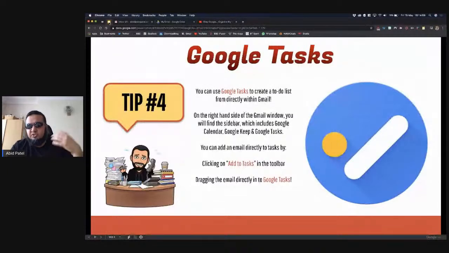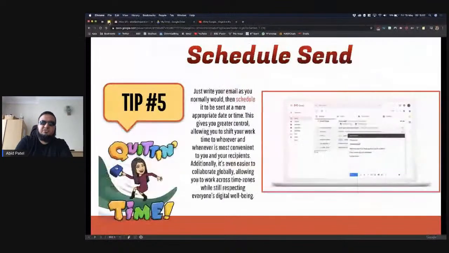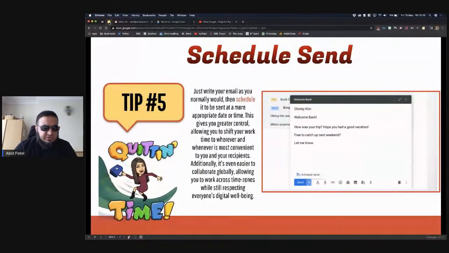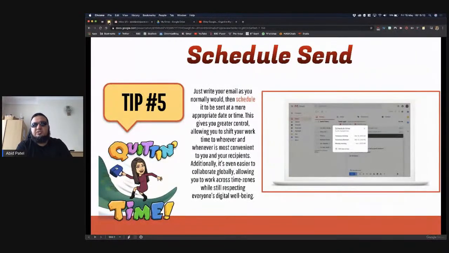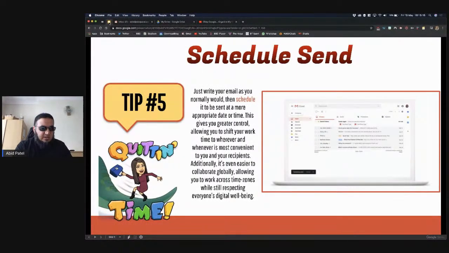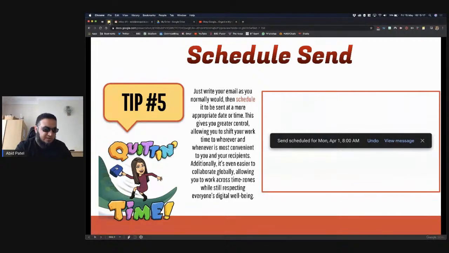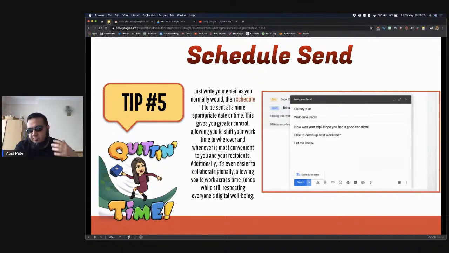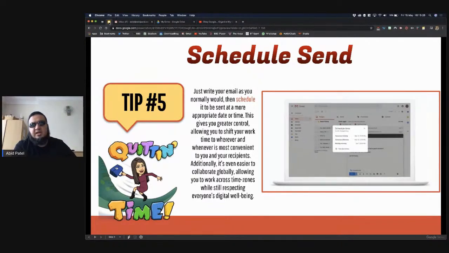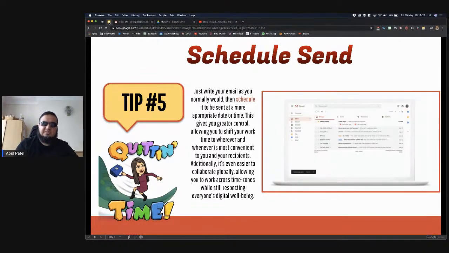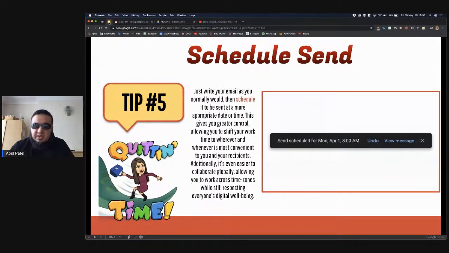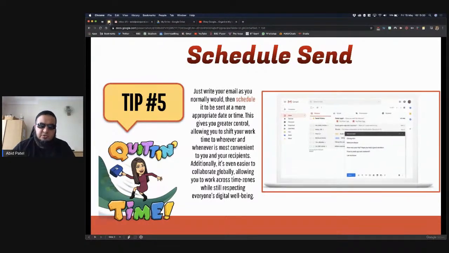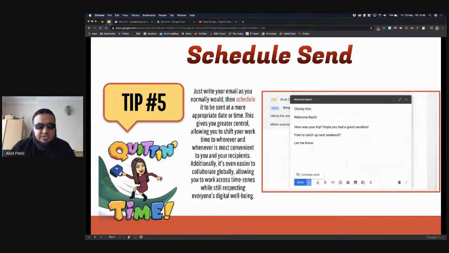Really nice thing to make sure you've got all of your tasks in a nice handy space on the right hand side, so you can see what you need to do pretty much straight away. Next, we've got Schedule Send. Schedule Send is a really great one because what that allows you to do is send emails at a particular time so that you're not forgetting. But also, we're all guilty of working really long hours. We're guilty of working at unsociable hours. And so you don't want to be sending emails to your colleagues outside of working patterns because they might not want to be disturbed. So what you can do is you can use the Schedule Send option.